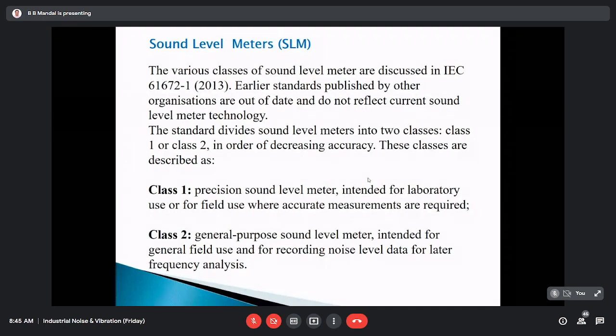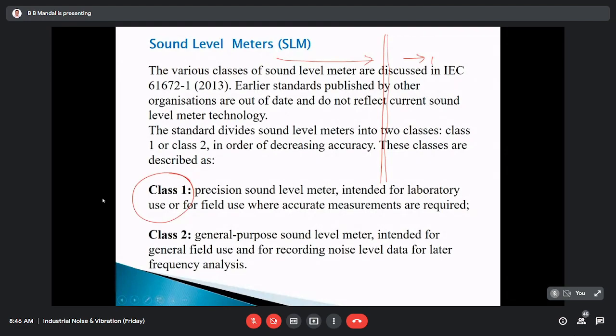If you are using noise barriers, sending signals and receiving here, and you are changing the barrier, maybe doubling its thickness, you need to know clearly the attenuation through the barrier, the decrease in sound level when passing through it. There you require the class 1 sound level meter. Otherwise, you can use the class 2 general purpose sound level meter